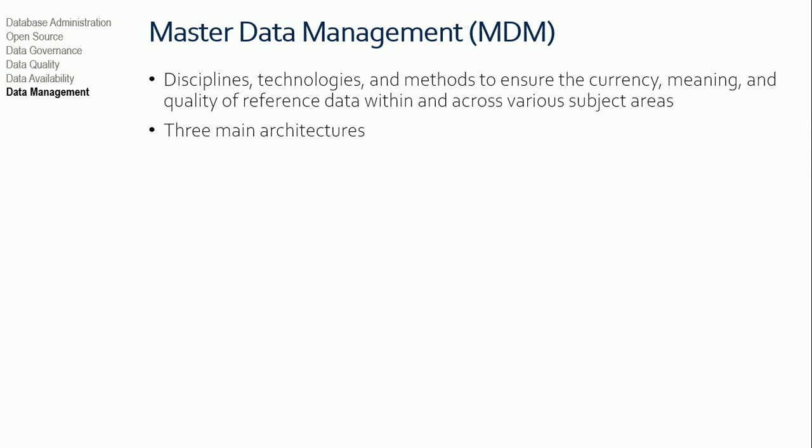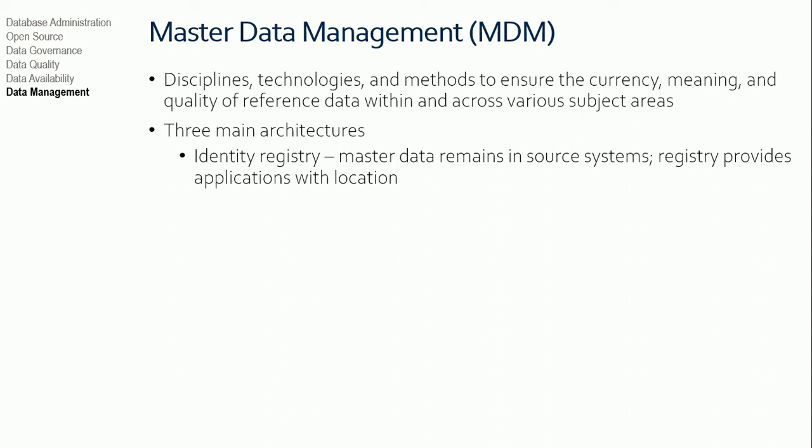And then finally, this is the last slide in this unit. This has been a relatively short unit. I tried to keep the last one short. But master data management is sort of another concept, and this is quickly becoming sort of state of the art in the industry. Your book kind of downplays this a little bit, but MDM is this idea that you have one source of truth for all of your data. So you have some kind of central registry that's the master of all of the source systems that store data. And if you're looking for information in an organization, you always go to the registry to find out who is the source of truth for that data.